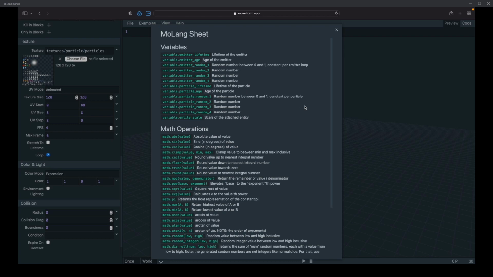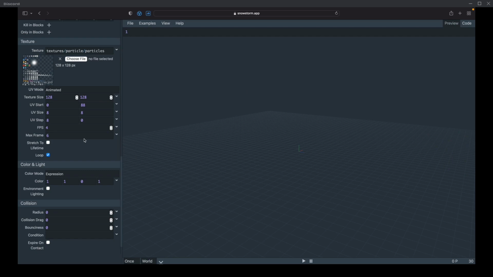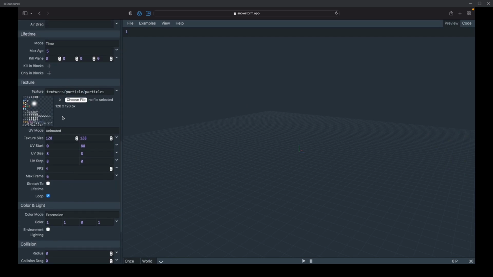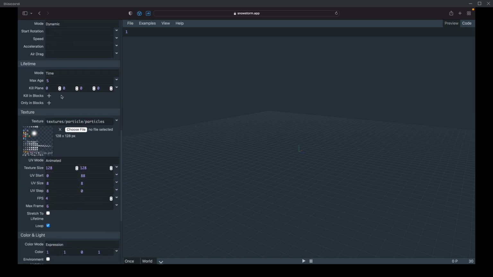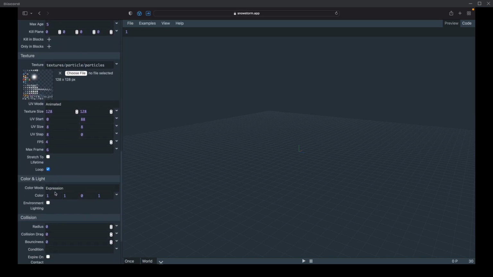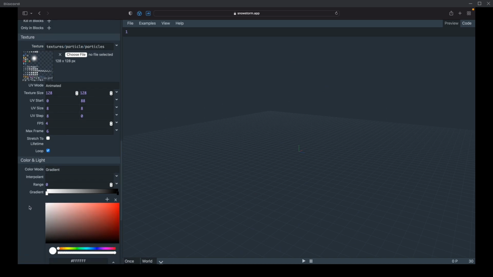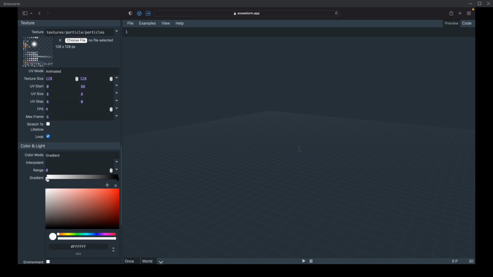And that's a really great way to make cool effects like scale the particle down to a size of 0 as it ages. Or, for example, I think we could try to make it lerp between yellow and red, or make it more red as the particle goes on. Yeah, so to just get started with that, you would switch the color mode to expression. Well, actually, I can just use the gradient with the interpolant, can I? Sure, go for it. Yeah, this is another powerful feature.